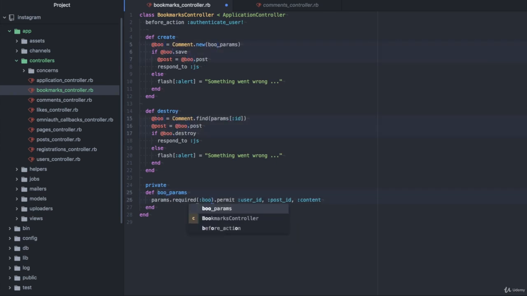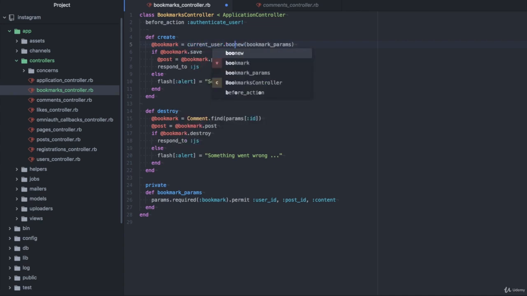and what bookmark, no, current user dot bookmark dot build bookmark params bookmark save. Alright, I shouldn't have copied, I should write it, right. Alert destroy bookmark